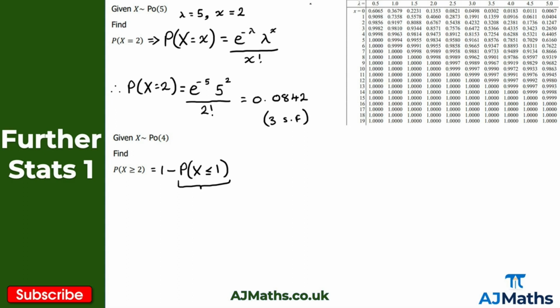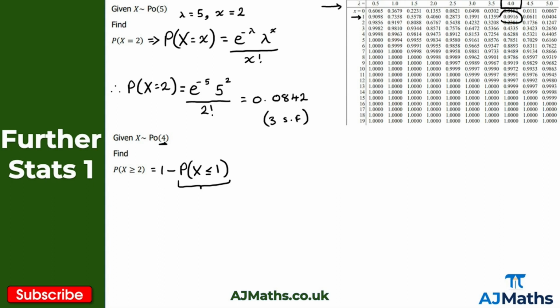Okay. Now the way to read this table: the top row is our parameter. In this case, we're looking down the 4 column, because our parameter is equal to 4. And the row that we go along could be 1, 2, 0, any of these numbers, but that's given in the question. So because x is less than or equal to 1, we're along this row with 1, okay? And we just keep going along this row until we intersect with this column, so we clearly get this